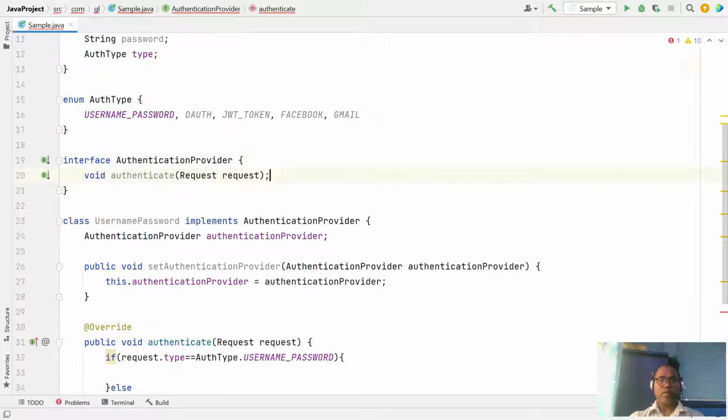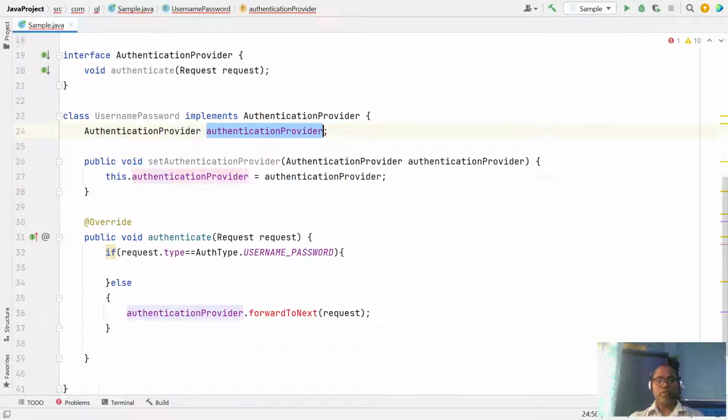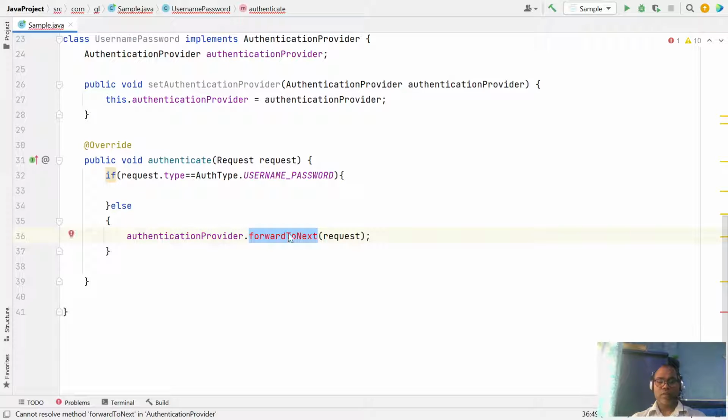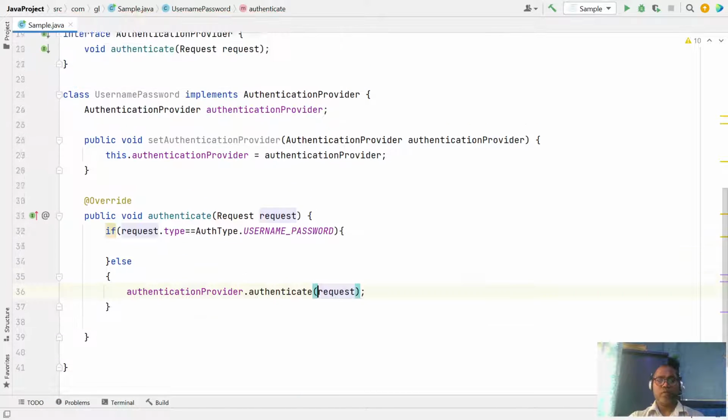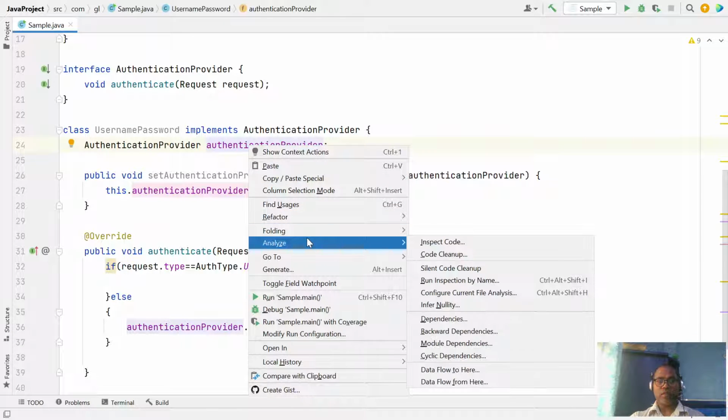Okay, but we should have not a forward dot authenticate. Okay, next here should be renamed so that it's clear.